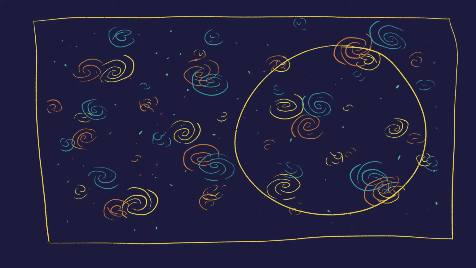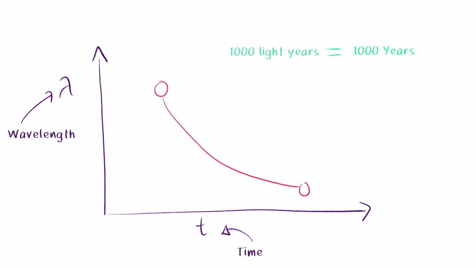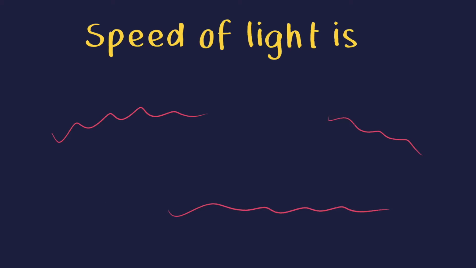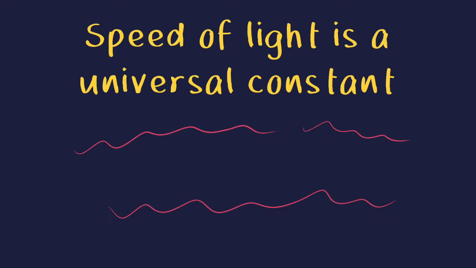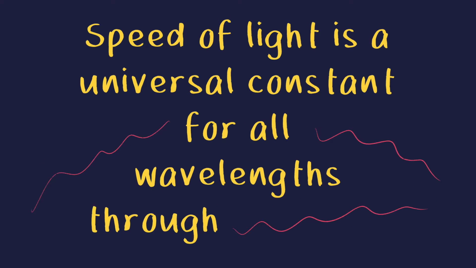The radio telescope detection can be used to create a wavelength versus time graph. The shape of the sweep of the graph tells us about how far away this event happened, because light at different wavelengths moves at different speeds when moving through material. The more material this radio light traversed, the steeper the shape of the sweep in the wavelength versus time graph. Very important to note that the change in light speed only happens when light is traveling through material. The speed of light is the same and a universal constant for all wavelengths when it's traveling through a vacuum.